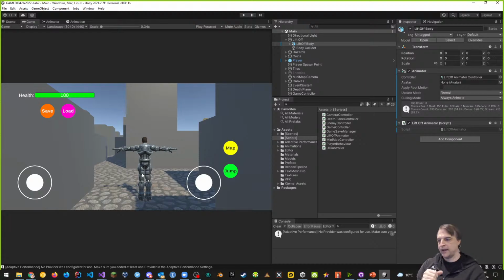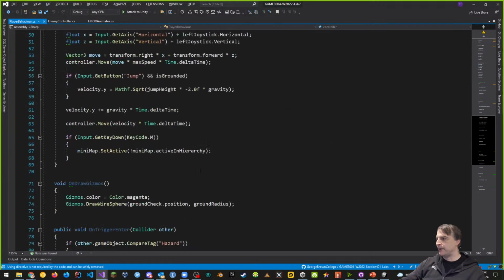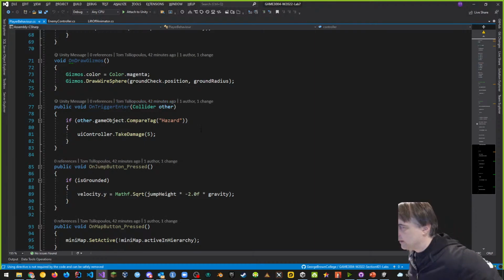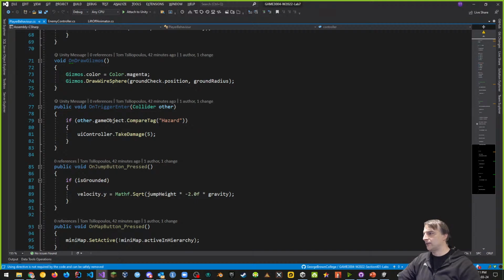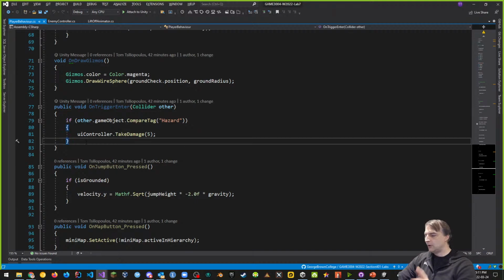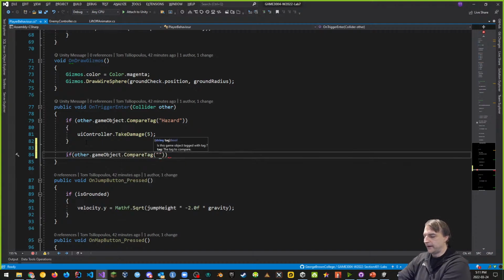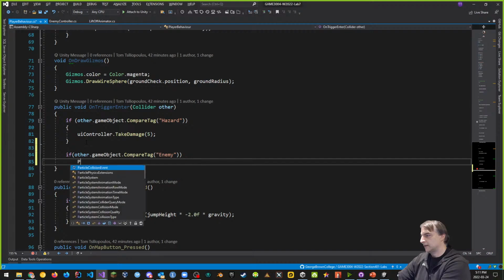That's pretty cool. What I want now is if I get hit by the enemy, this guy here, I take damage. We already have that script in the player. So in the player behavior, if we look there on the bottom, we're using an OnTriggerEnter, right? And we're saying that if the other game object compare tag is the hazard, then take damage. But what about if the other.gameObject.CompareTag was not the hazard, but let's say, for example, our enemy? We don't have a tag that's the enemy, but let's suppose we did. Then we could also take